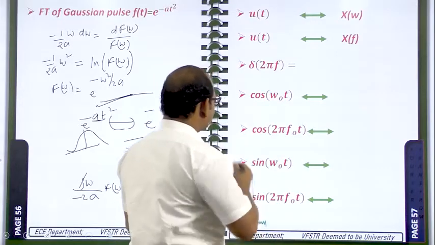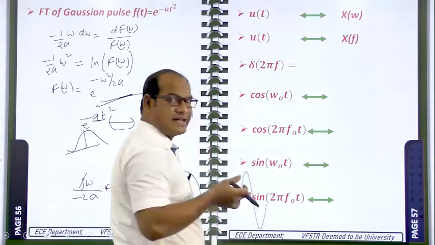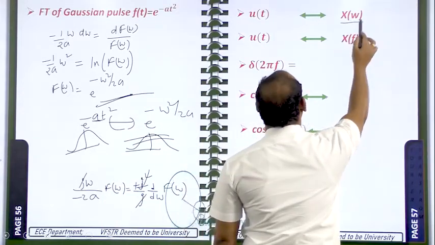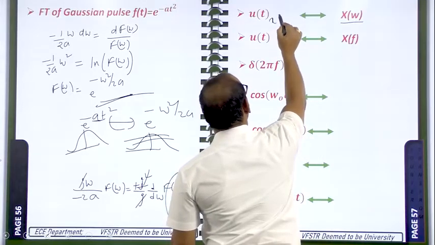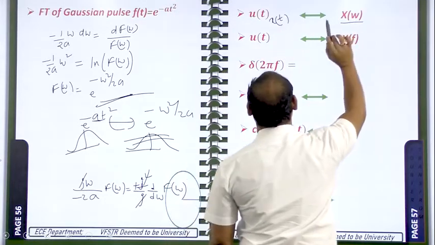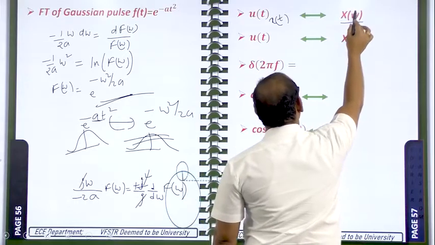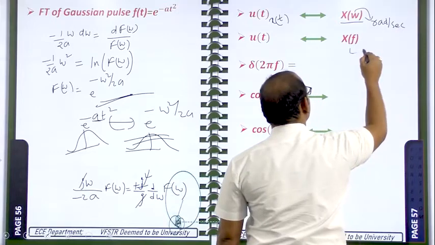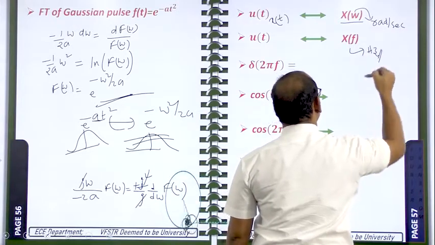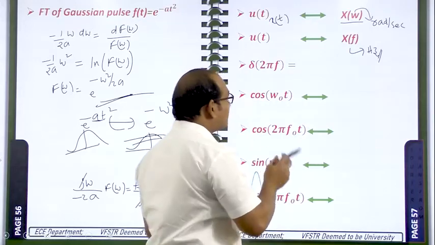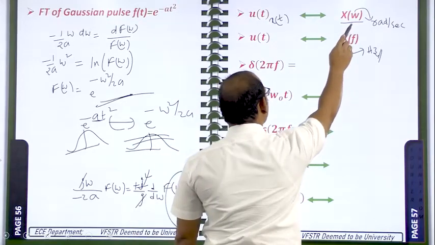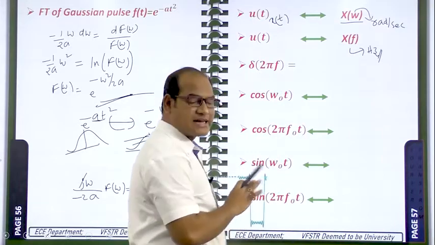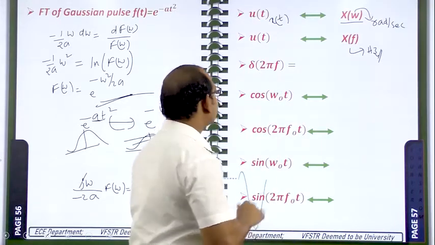we will see this with respect to delta of omega and delta of f. Till now all the Fourier transforms are represented as X of omega. For example, x of t has the Fourier transform X of omega, and this omega is the frequency with units radians per second. f is also frequency, with units hertz. So we can represent the Fourier transform not only as X of omega, but also as X of f. But there will be a slight modification in the amplitude, which we will see now.